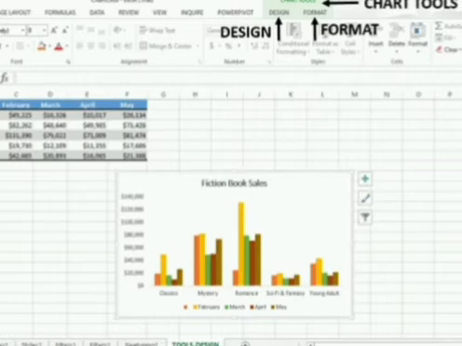PowerPoint uses an Excel worksheet as a placeholder for entering chart data. We can also edit an existing chart by clicking on Change Chart Type in the Type group from Design tab. Then select a chart style and click on OK button.